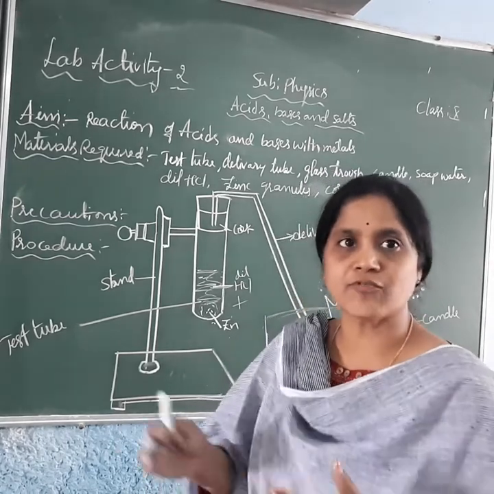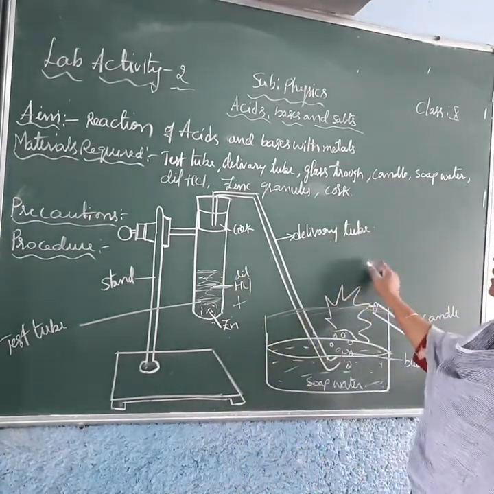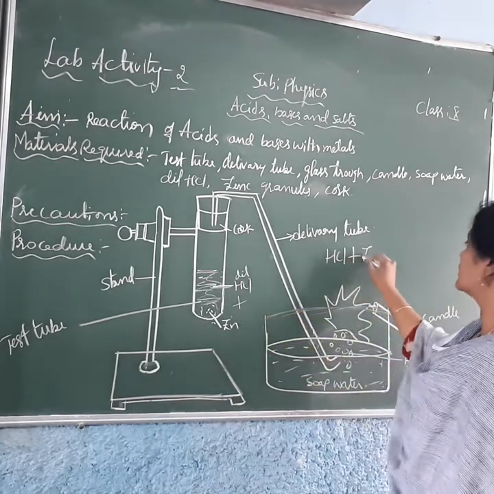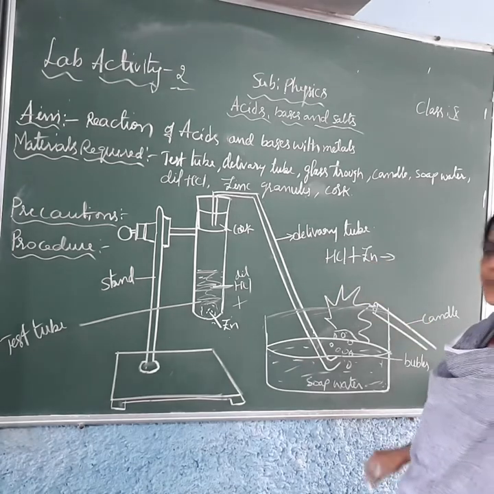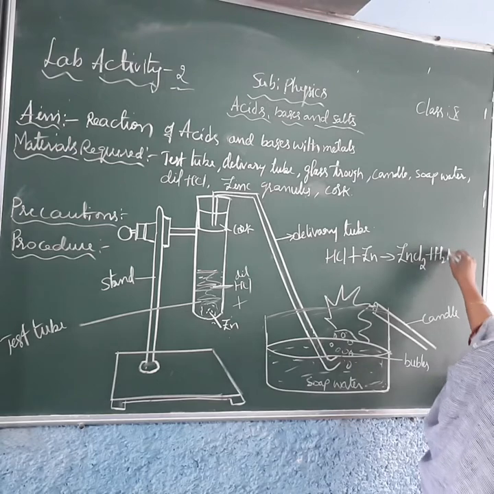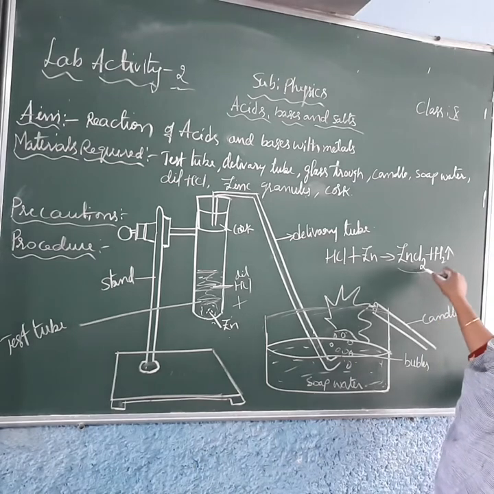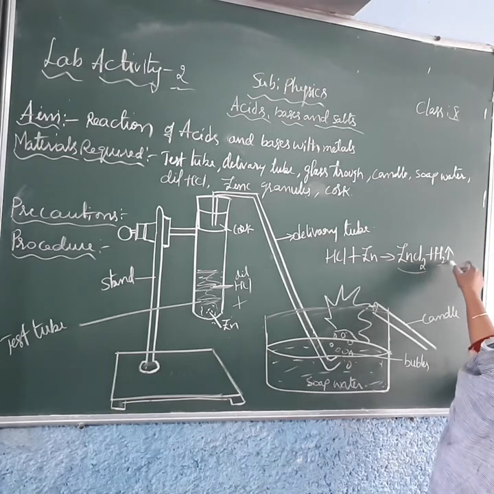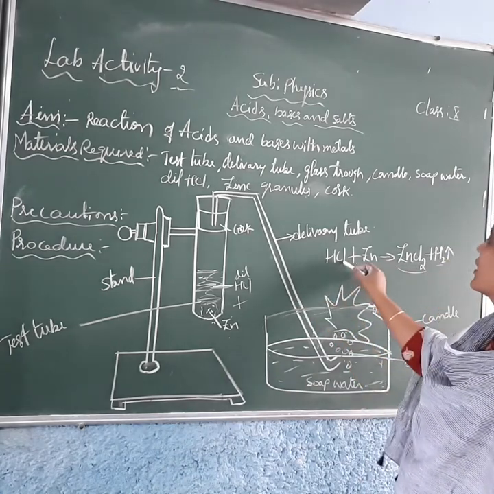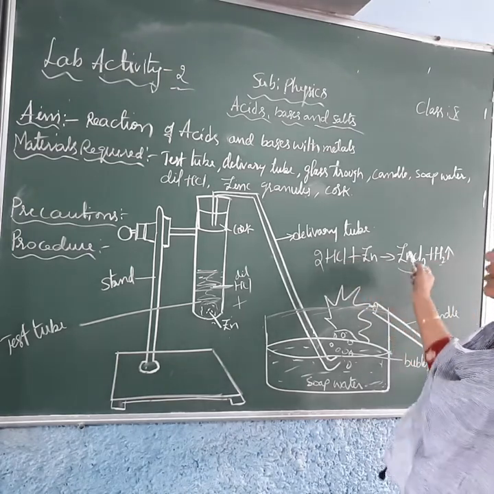Now let us see what reaction is taking place in this test tube. Here we took the dilute hydrochloric acid. To this hydrochloric acid, we added the zinc metal. When you add zinc metal, we get zinc chloride plus hydrogen gas liberated. These are the end products. So is this equation balanced? We will check. Here chlorine is 2, here chlorine is 1, so you must write 2 here. And here hydrogen is 2, and zinc is 1. So it is balanced.